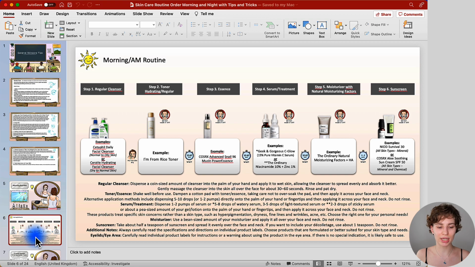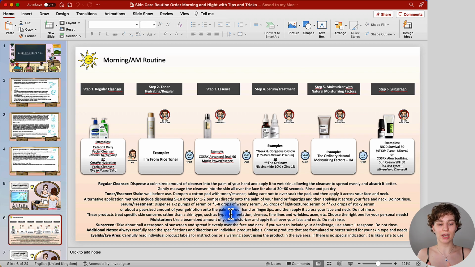So first of all, here you can see an example of a morning skincare routine. In the top corner, you can see the time of use. Below that, the steps. Underneath are the products that I have picked to give you an example routine, and below the boxes you can see the overall general guide, which you can follow with any skincare products that you may be currently using, because I gave you different options depending on the texture of the product and the overall treatment that you may be using.